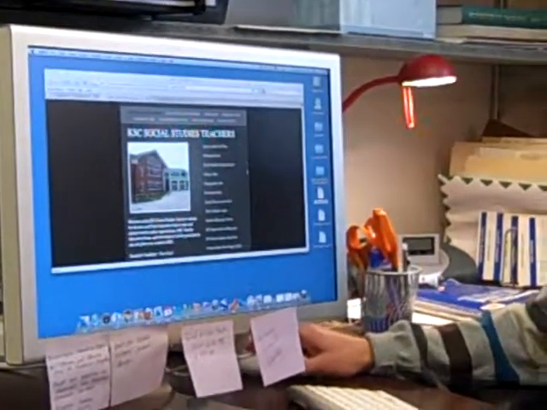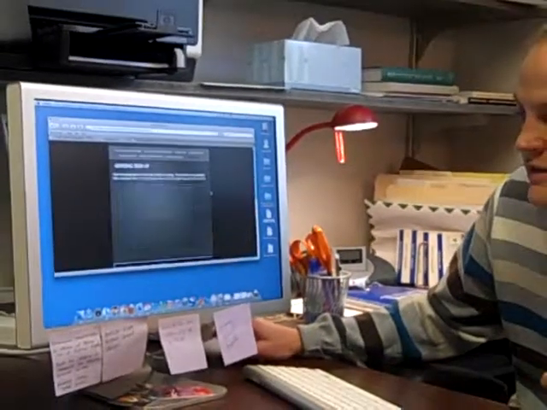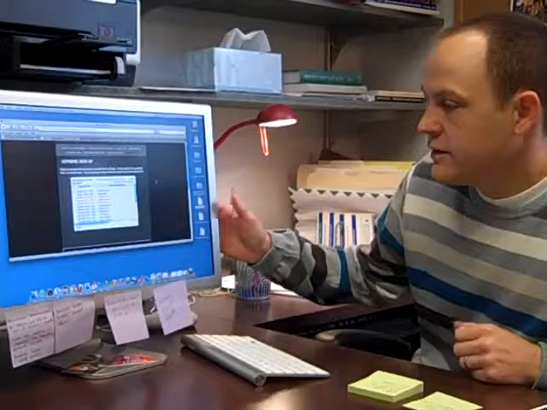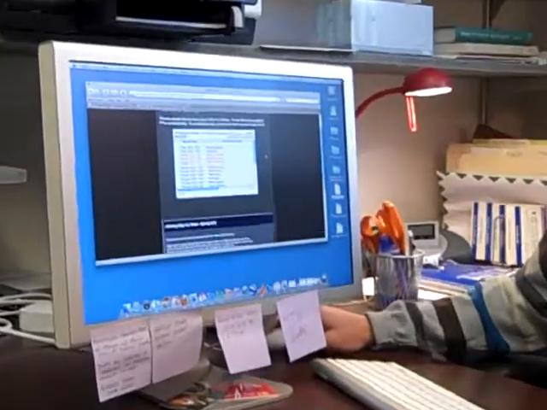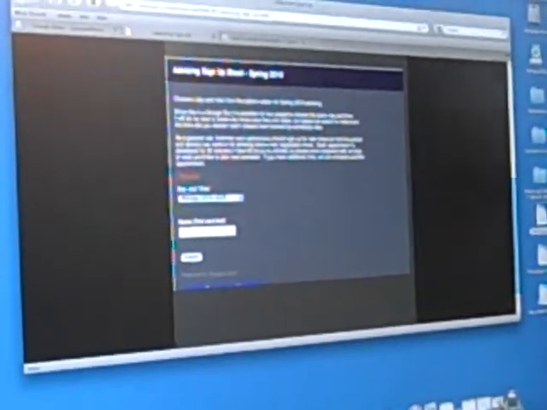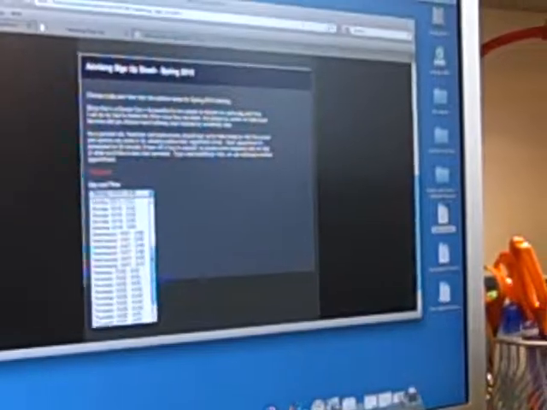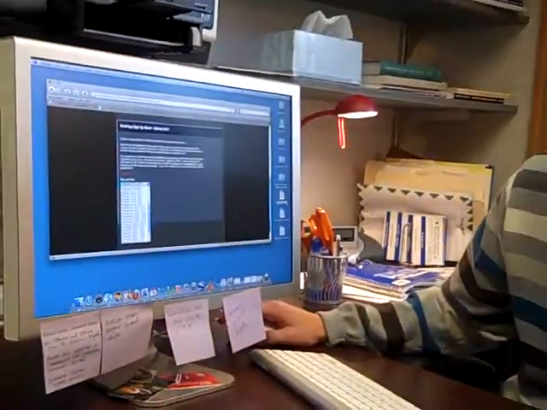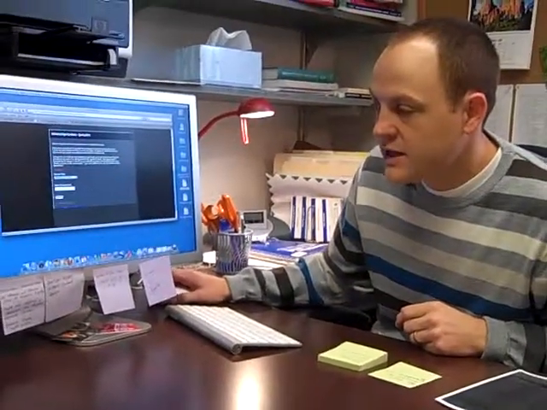That link takes them to my website, and there's a link on my website for advising sign up. The Google Docs spreadsheet is embedded here, and the students can take a look at the list of times that are already taken. Down here, there's the advising sign-up sheet, which is just the Google Docs spreadsheet form that I embedded into my website. The students can click on this and choose any one of the times that are remaining from the list of times that I've set aside, which would just be like a list that I might post on my door, and then they type their first and last name in there,